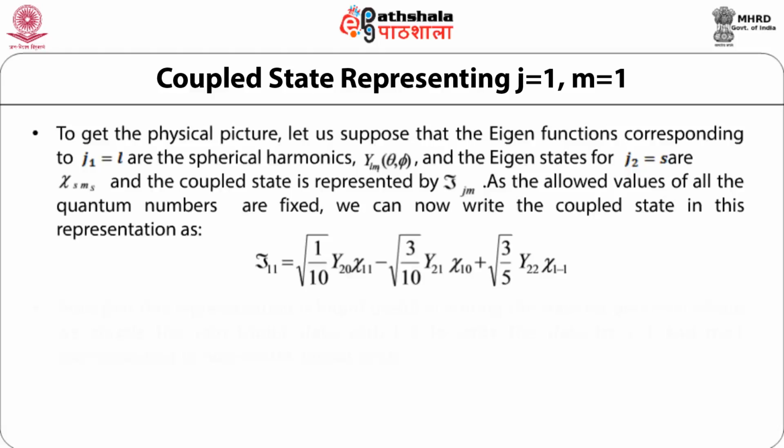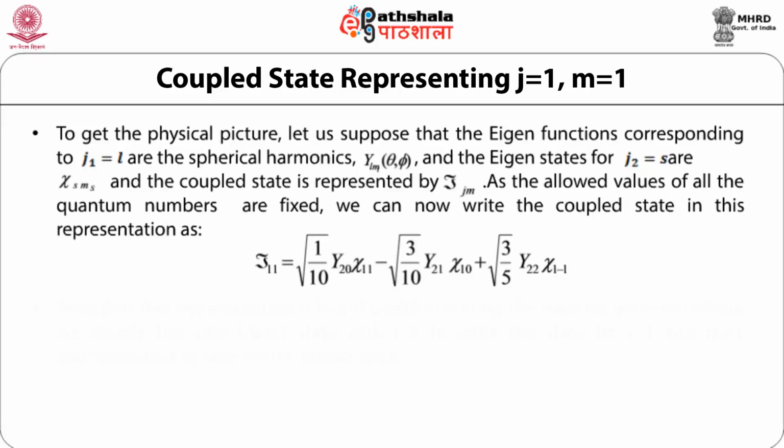Now, as we have seen that the allowed values of all the quantum numbers are fixed, we can write down the coupled state in this representation as the coupled state tau_11, that is corresponding to